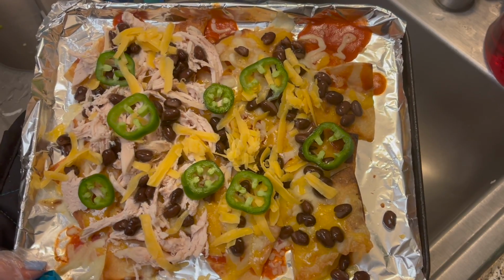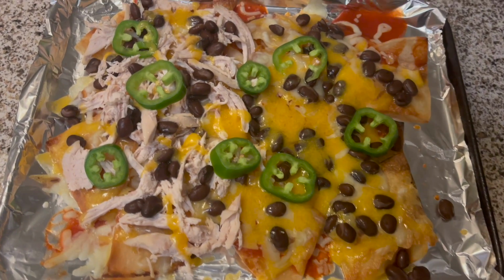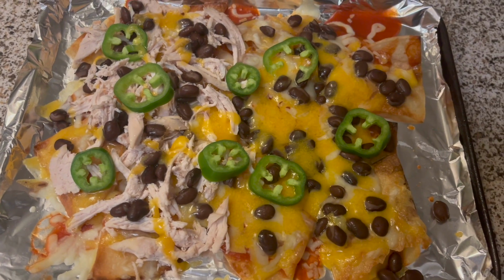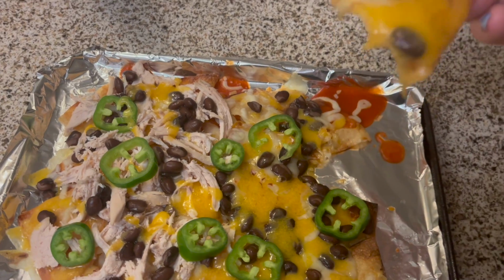I made the chicken nachos for my son and I ate the version on the right there. And I really enjoy these. Last week I made these nachos and this time I used the tortilla chips and refried beans, and I put